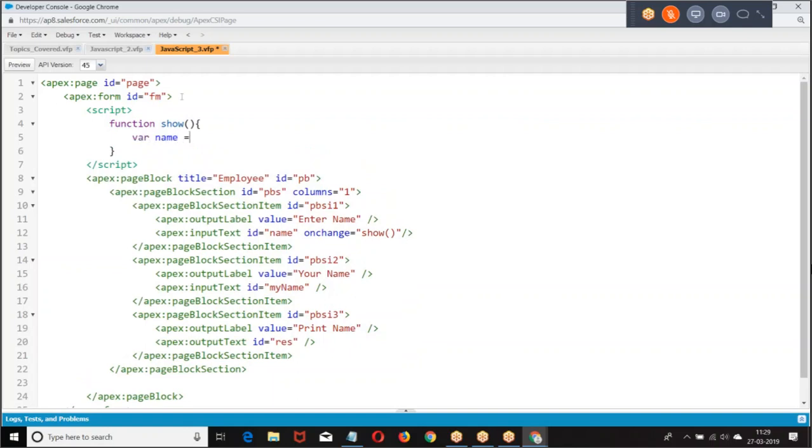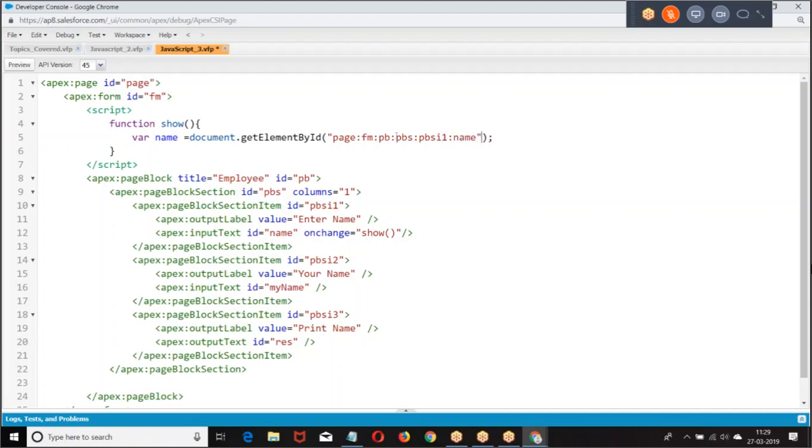name equal to document.getElementById, with capital E, B, I. Now where is the element? In the page we have a form. In the form we have a page block, so the ID of the page, ID of the form, ID of the page block, ID of the page block section, page block section item 1, colon.